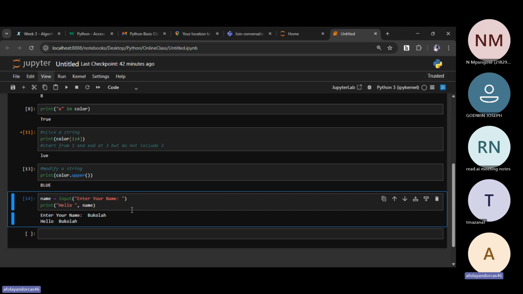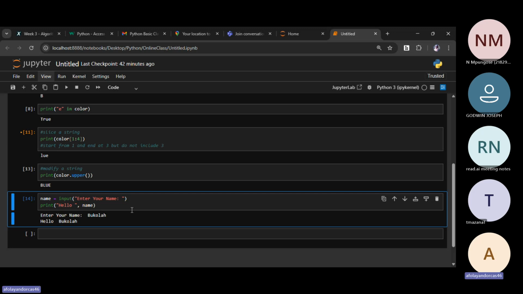So what actually happens here? This input allows us to collect information from the user. I'm trying to get whoever is running my code to enter their name, then I greet the person by saying, hello, Bukola.